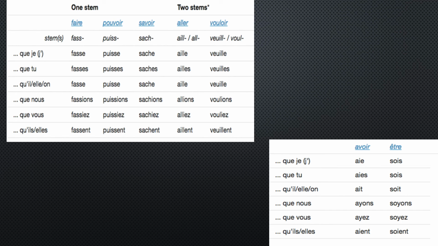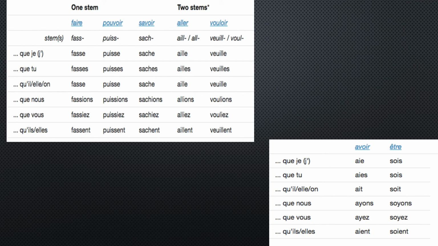Aller and vouloir are kind of like the examples we just looked at, where they have different stems for the nous and vous form. But again, all of the endings are the exact same. So once you get the stem down, and this is one of those things where you more or less have to memorize it,